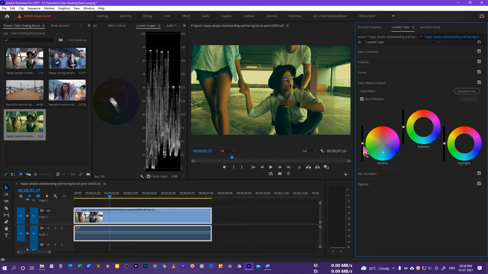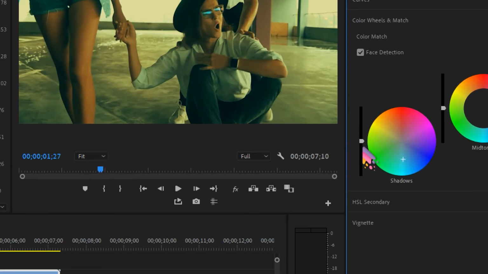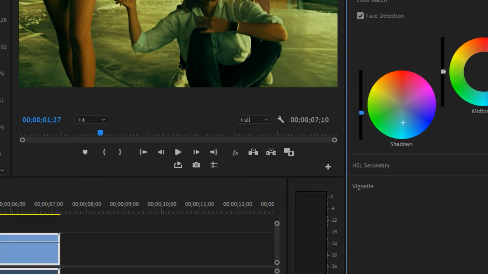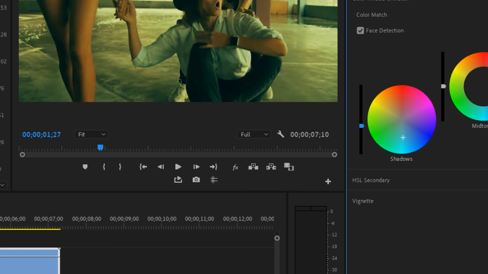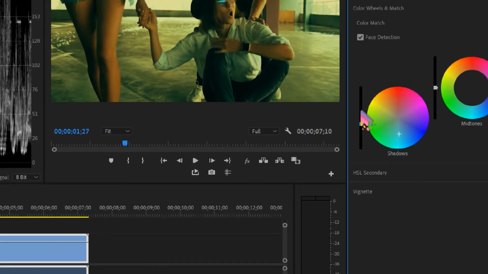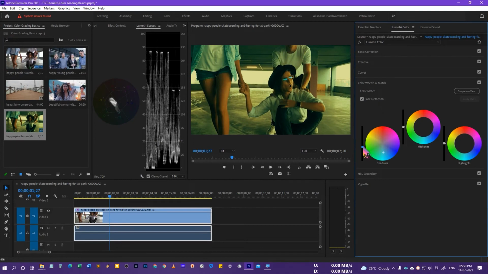And then we have this slider over here, so we can adjust the saturation, we can make it light, or we can introduce the contrast, or sorry, this introduces the contrast in that particular color. Okay, so we can make a faded look of the shadows and we can drag it down, so that's going to add lots of saturation or contrast in the shadows. Okay, so we can lighten the shadows or we can make the shadows darker with the help of this slider.